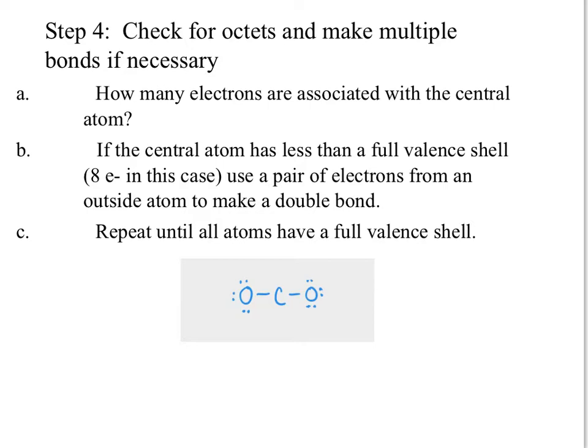So the carbon does not have a full valence shell, which means that I need to do something to give it some more electrons. It needs actually 4 extra electrons. Remember, I can't put any new electrons in, and I can't take any electrons out of my structure, so I just have to move electrons around. And what I'm going to do is I am going to move these 2 electrons,